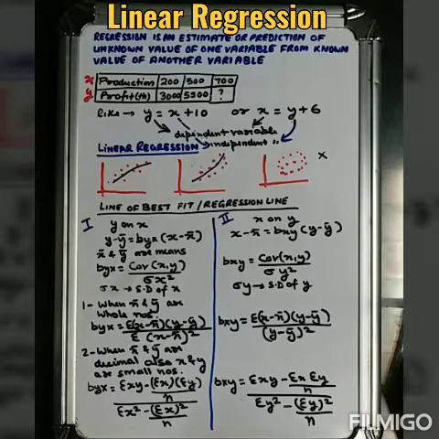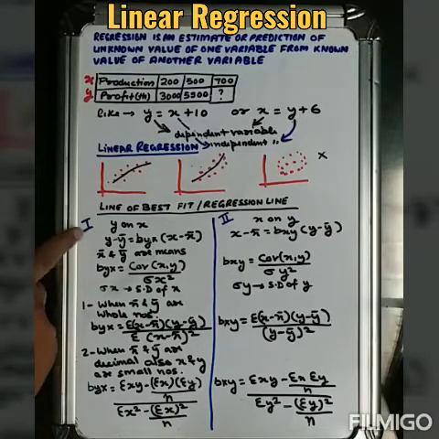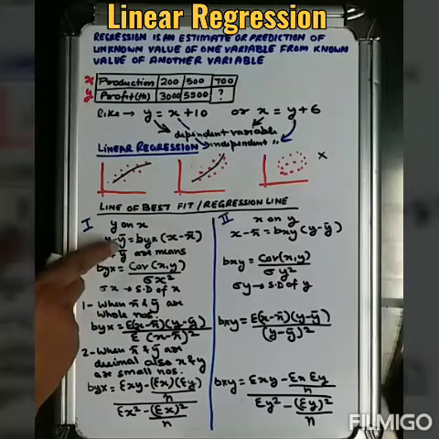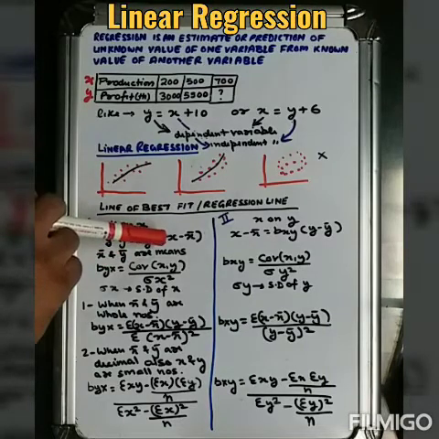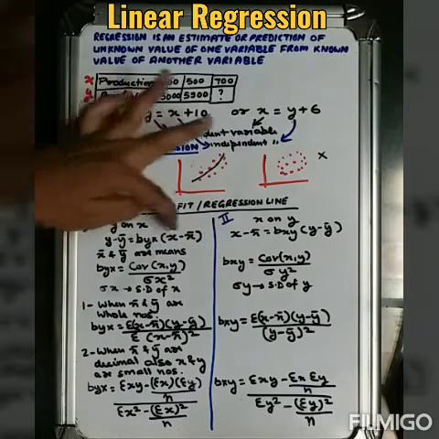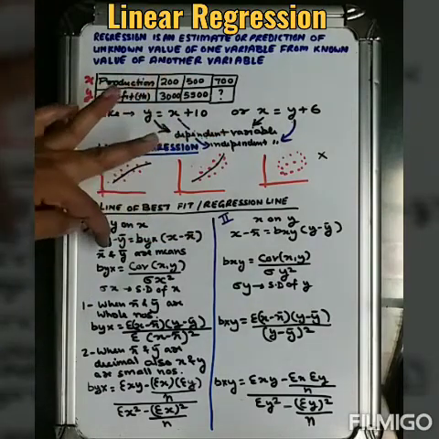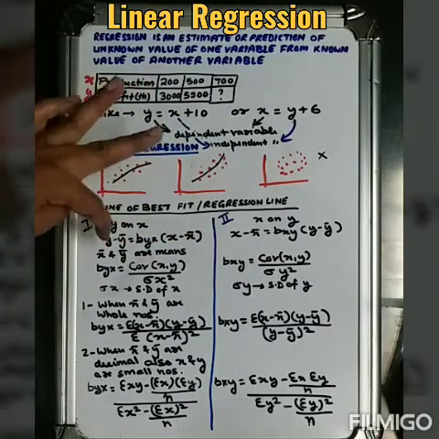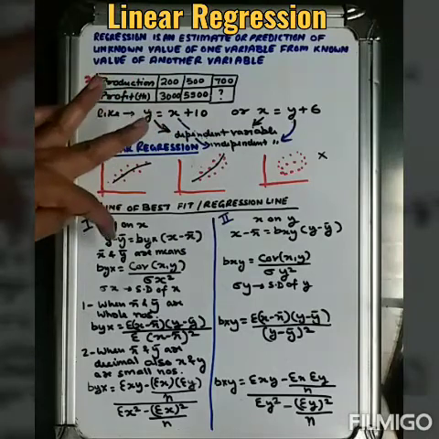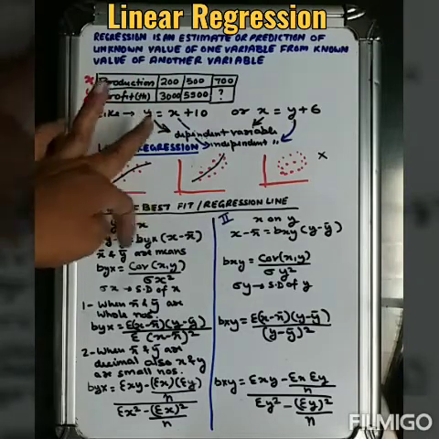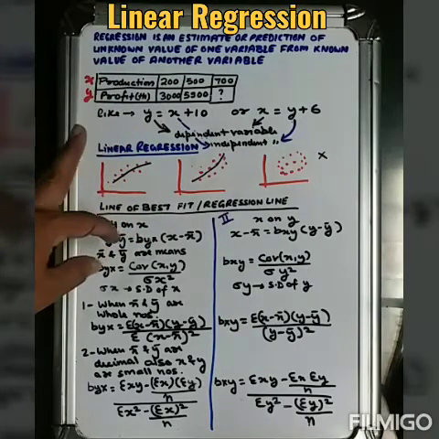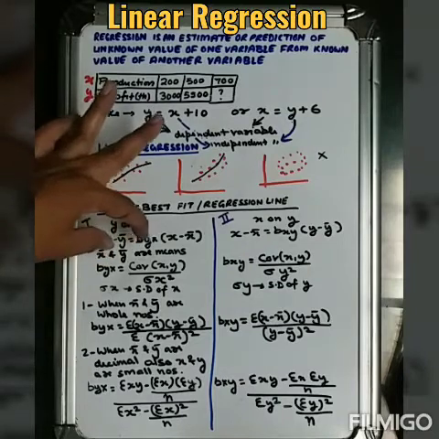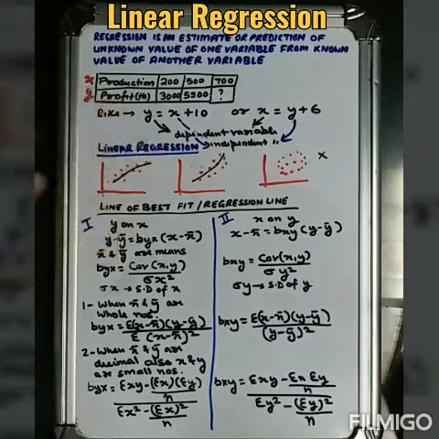Now what is the equation of the line? How to find what is the formula of it? It is y minus y bar. Y bar means mean. Y minus y mean is equal to b y x times x minus x mean. So we have discussed what x mean and y mean are. This we have discussed in class 10th, 11th. So how to calculate means, you know. This new term b y x means coefficient of y on x.